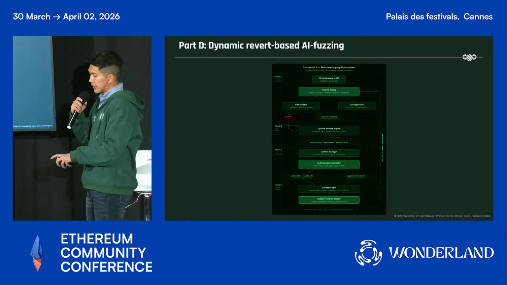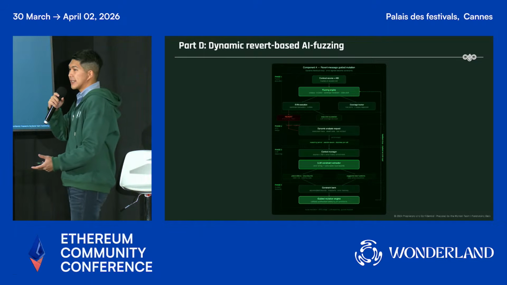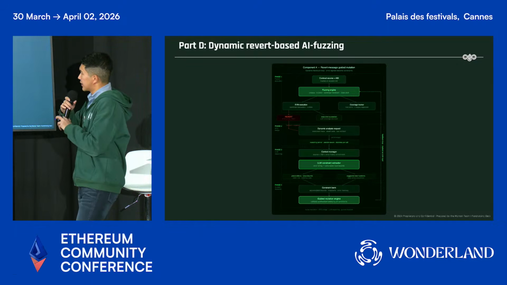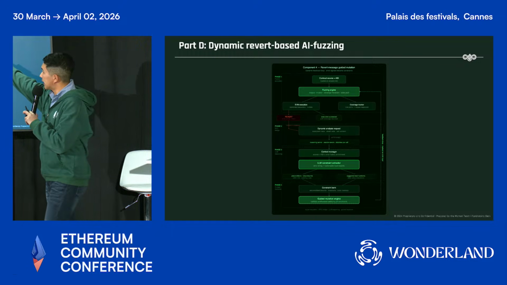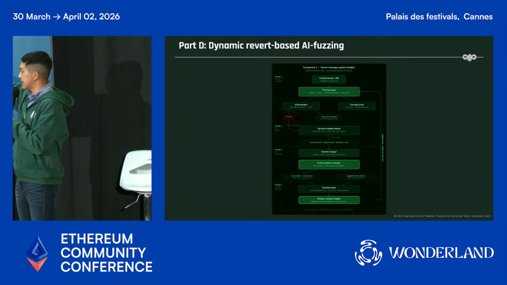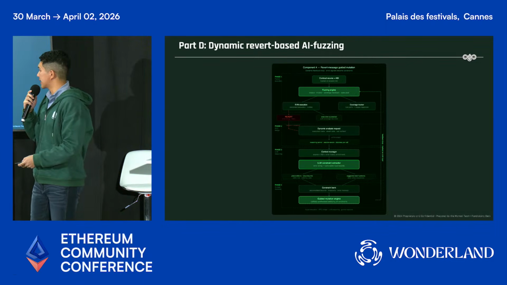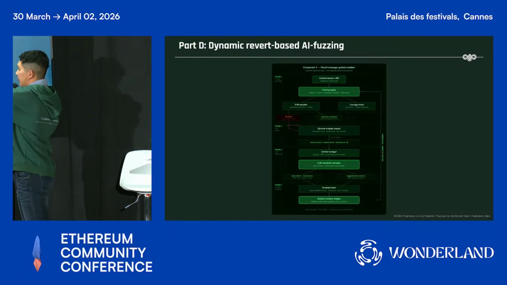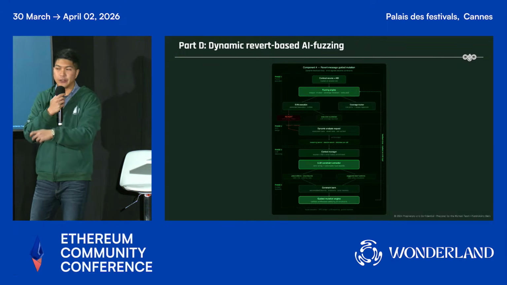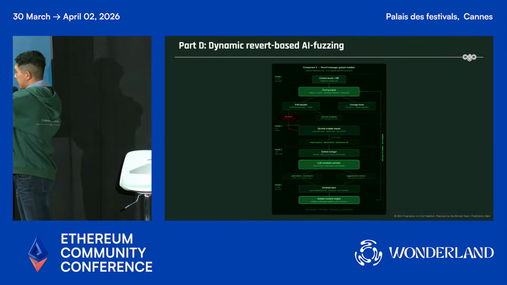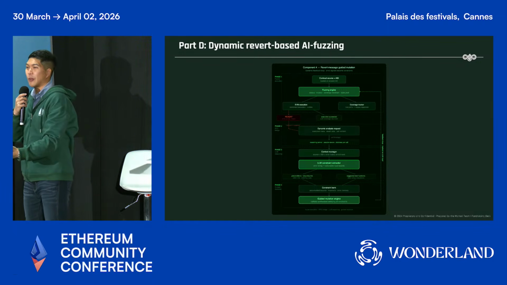The final major thing that we do more dynamically to interact with a fuzzer is reward-based AI fuzzing. So this is the whole engine, the fuzzing engine, doing execution, and when we do the EVM execution, they encounter a revert. For the revert, we need to see the whole execution trace, and then we convert this execution trace to let the LLM understand where we have the revert problem. And once we know the revert problem, we can ask the LLM to do part B and C, or suggest for a better result.